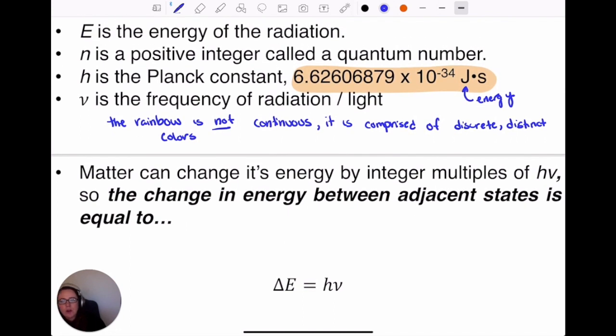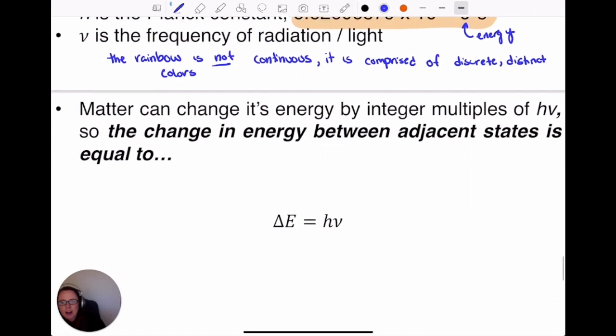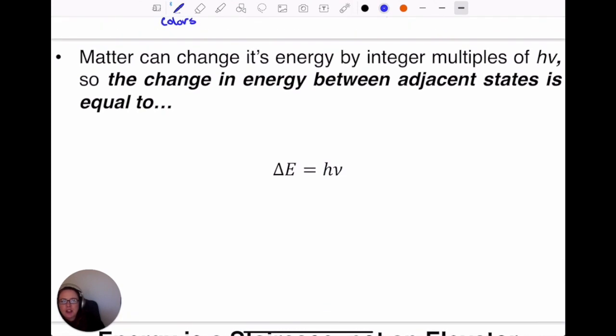Okay, so what this means is that matter or waves can change its energy by integer multiples of h nu. So the energy change between adjacent states, which we call delta E, is equal to Planck's constant times the frequency. Okay. And we can calculate this delta E the same way we've calculated other deltas or changes,